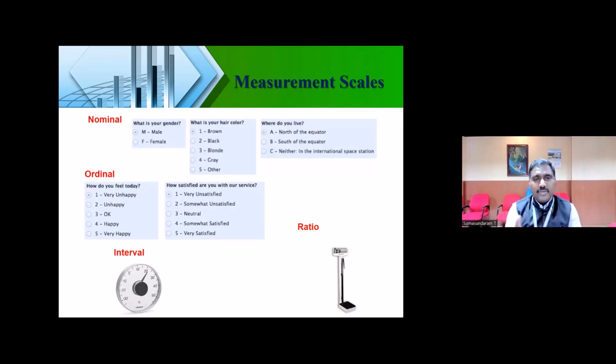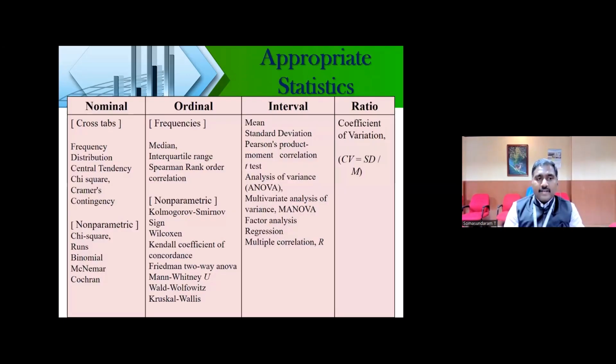Whereas for ordinals, you may use 1 to 5 scales or 1 to 7, 1 to 10. Accordingly, you can define your scale items. And similarly, for intervals, the differences should be the same. So these are the basic things about the measurement scale, and accordingly you can use this analysis. So this is statistics, sir. For a nominal scale, what statistics can I use?